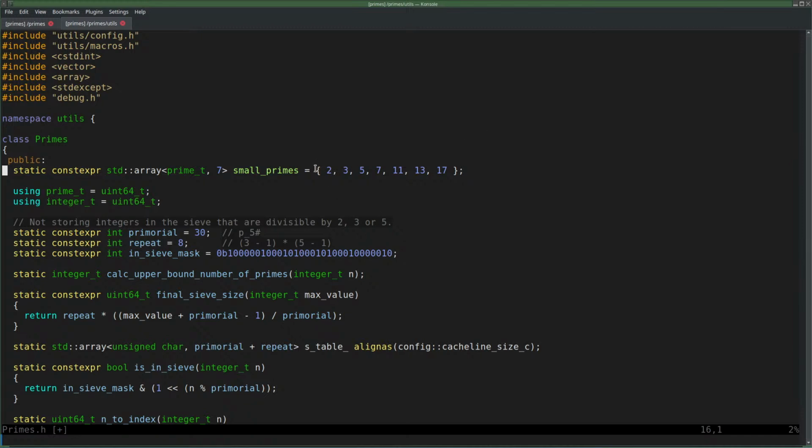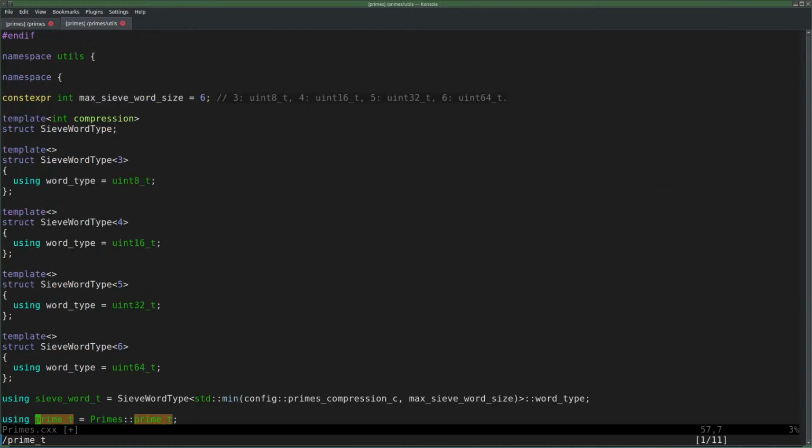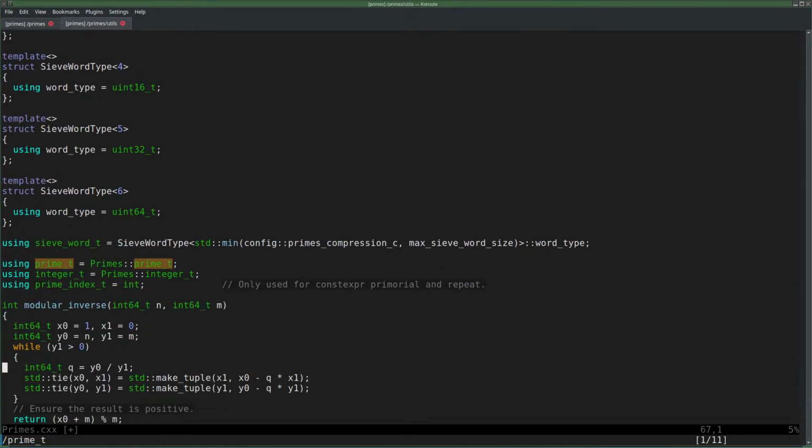But then again, it has to be defined here now because it's a const expression. So how would I instantiate the thing? Not even sure that is possible. I'll have to try it out. First, let's just put it here, not in the .cxx file anymore. And then we have, this prime type is now really the other prime type from the other file, which happens to be the same prime type. So